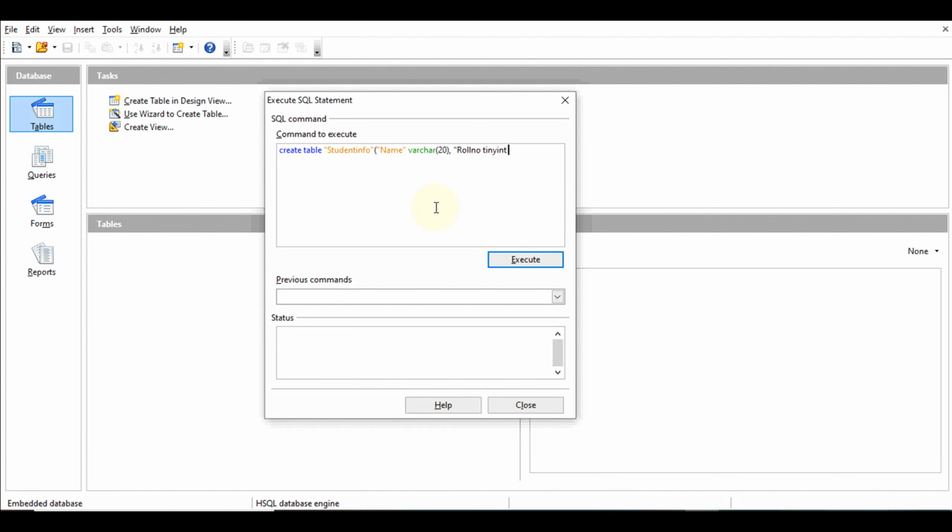Now here I have to mention one column as a primary key also, and I am considering the roll number column as the primary key because it is going to contain a unique value for each entry. And second, whenever we do the entry, we have to compulsorily provide a value in this column. So just to mention the roll number column as the primary key, I have to write here, after the data type, primary key.